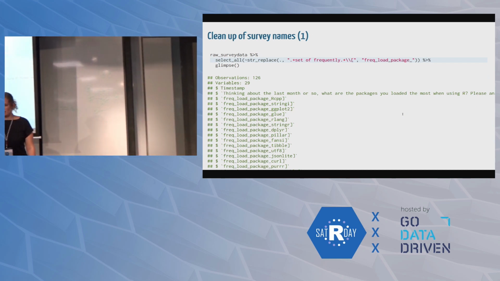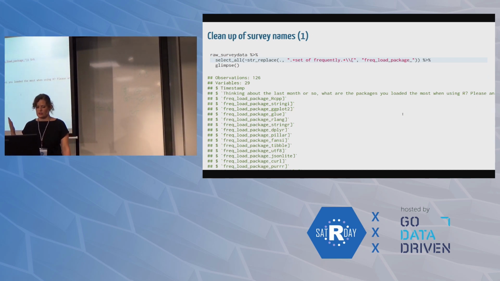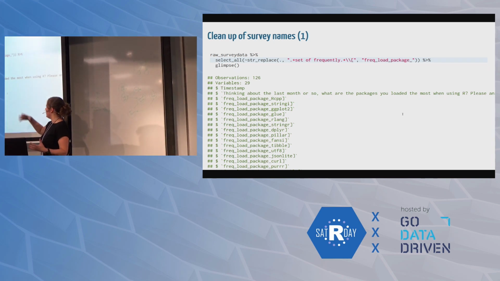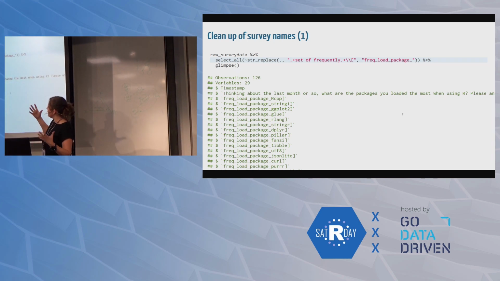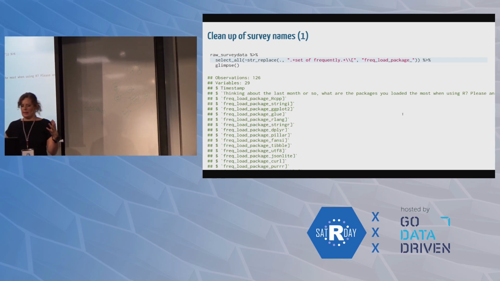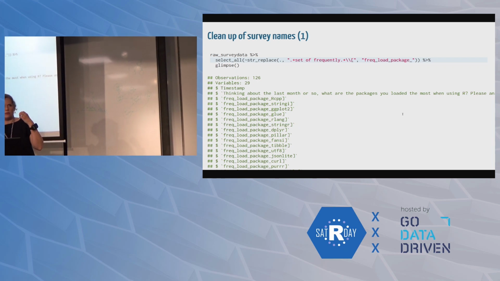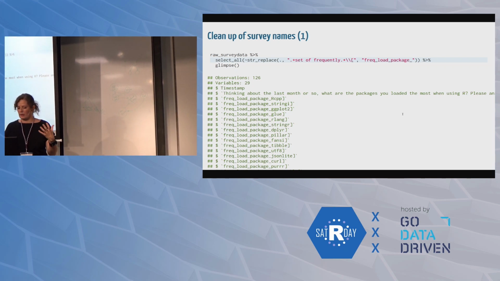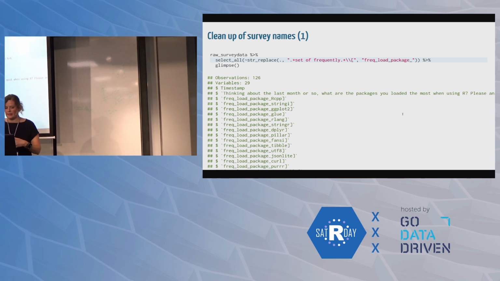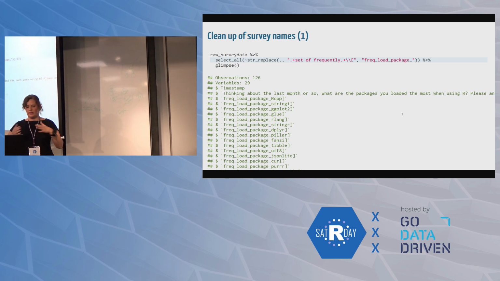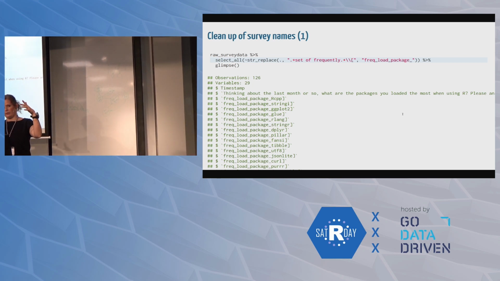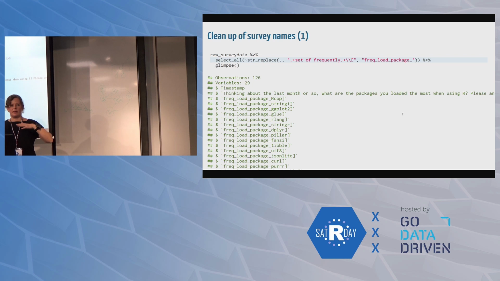And so this is just one example. I'm not going to share the whole thing, but just the principle. This is very similar, only I'm not just replacing a white space with an underscore. I'm taking a set of words that is valid for only the columns that I want to touch. I made it a bit longer than I would usually do, just to make sure everyone's following. So I'm asking it, go through all the columns. If you see the phrasing "set of frequently" something with a square, replace that whole thing by "frequently load